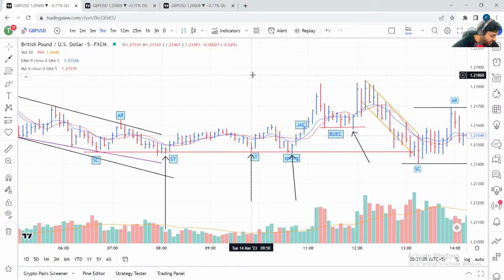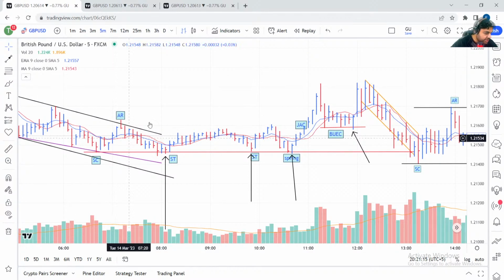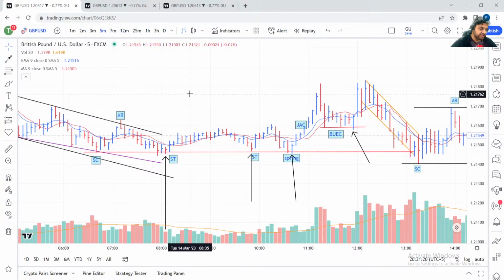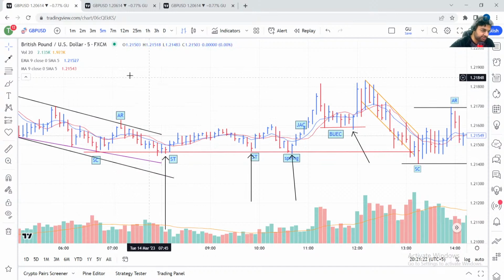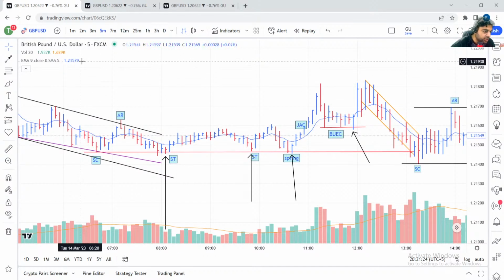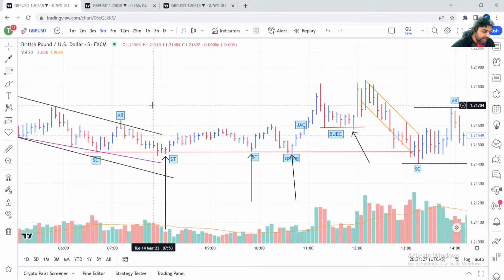Someone is saying, sir, we use a buying strategy in an uptrend, but accumulation happens in a downtrend. Is it right? It is confusing. No, actually the accumulation does not happen in the downtrend. It is the end of the downtrend. Guys, there is no accumulation in the downtrend. Accumulation happens because the market wants to go up, not down, okay? When the downtrend ends, the accumulation starts, and when the accumulation ends, the uptrend will begin.